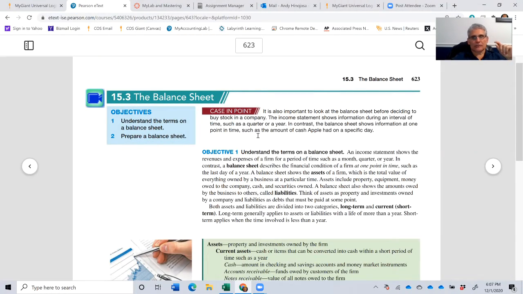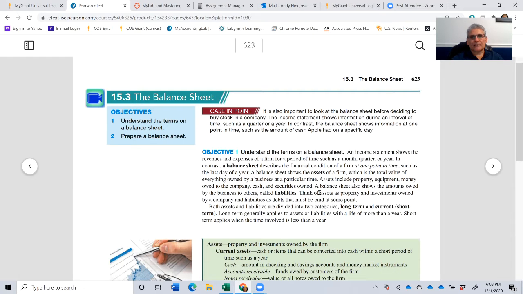15.3 talks about the balance sheet. The balance sheet describes the financial condition of a firm at one point in time. So the balance sheet will include the assets. The assets is the value of the total of everything that's owned by a business. It would include property, equipment, money,